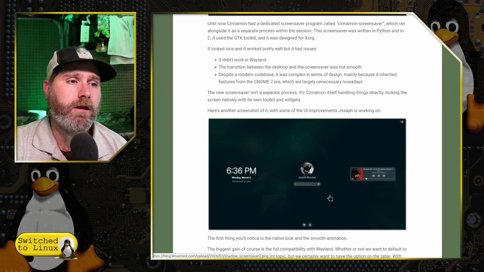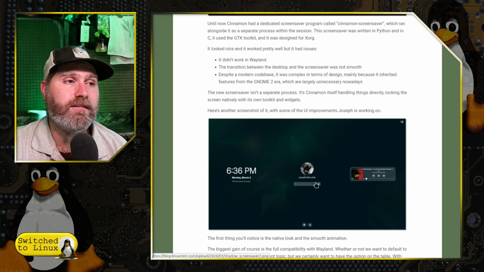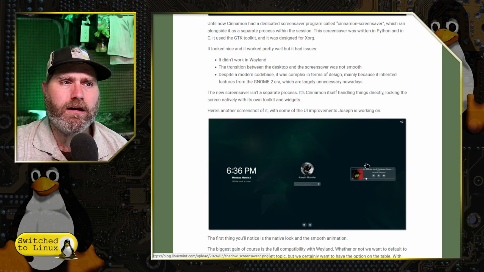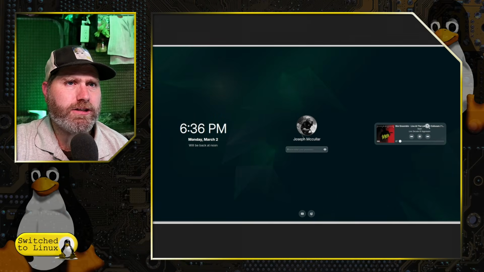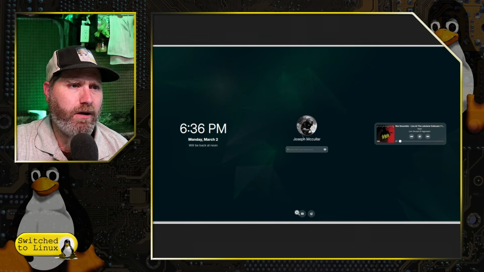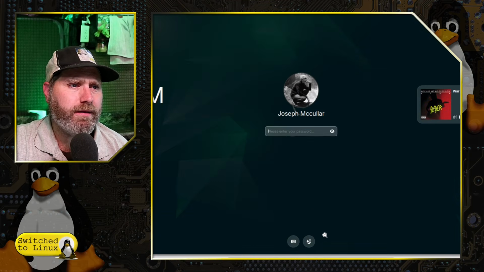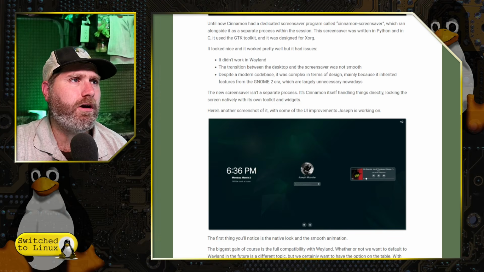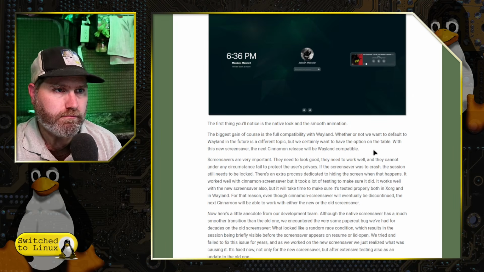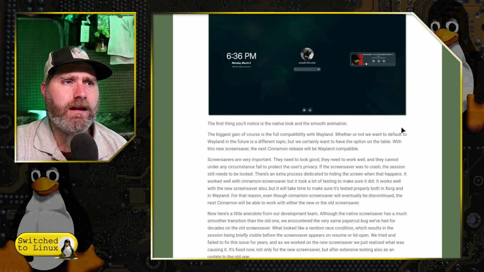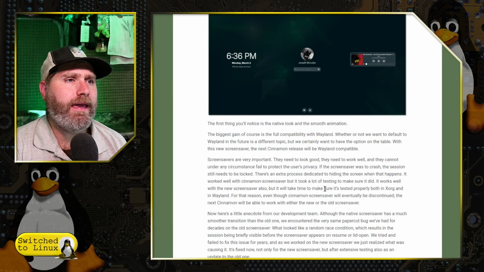So if you are familiar with the Screensaver on Linux Mint, you would have your login screen and you might have your time over there. Well, now we're actually getting extra information. So this picture here shows the media player going. You can also pull up the keyboard, and you can also see some other notifications and things on this Screensaver here as well. So they mention here it's a native look, smooth animation, and it gains full compatibility with Wayland,